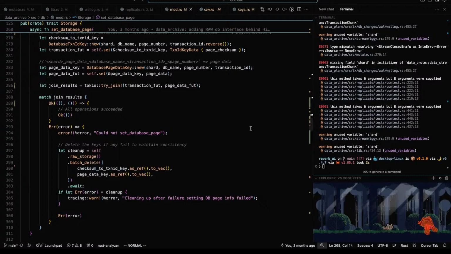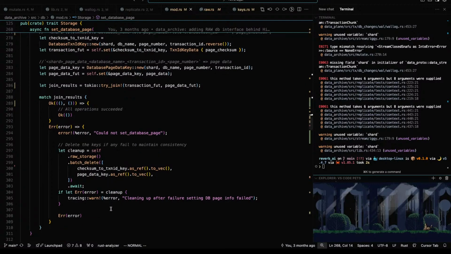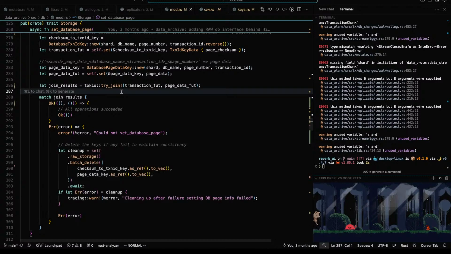Because what if this is the nth one of these? We still have to clean up all the other ones. So why put this here instead of somewhere else, and then just do this in one place instead of over and over again.